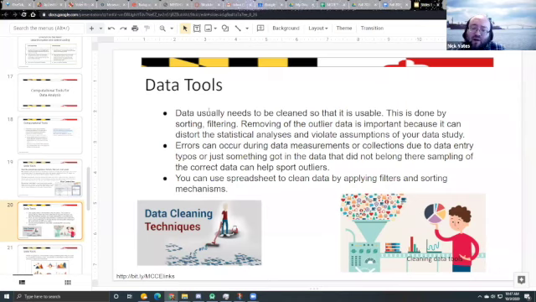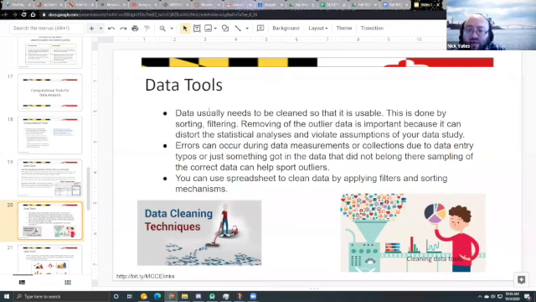So you could sort all the numbers in order from largest to smallest and then look at what are the biggest ones or what are the smallest ones. Maybe those are outliers that might distort the statistical analysis. Maybe they are not true data. Maybe this sensor was just left on for 48 hours when it should have only been on for 10 minutes